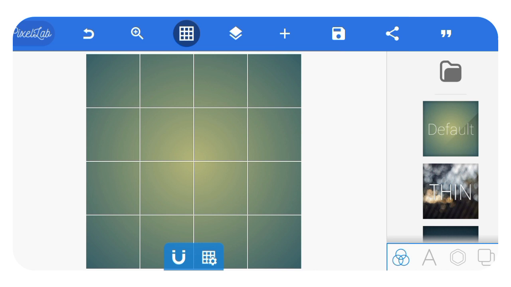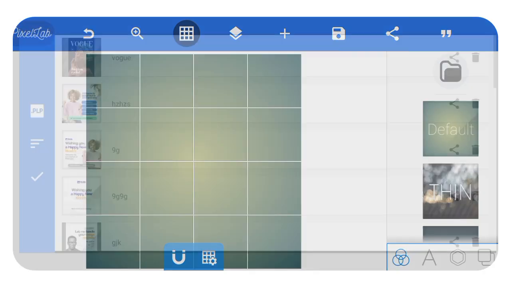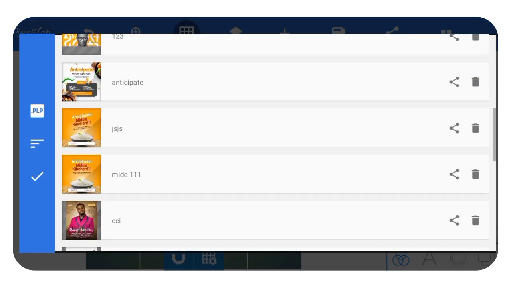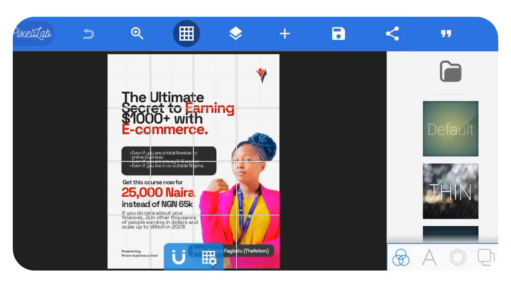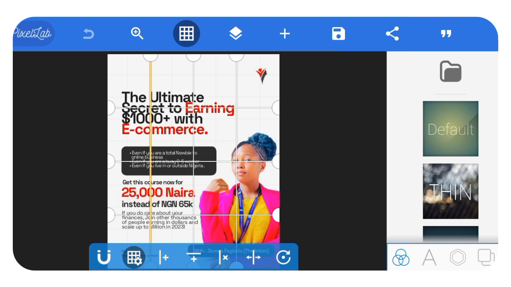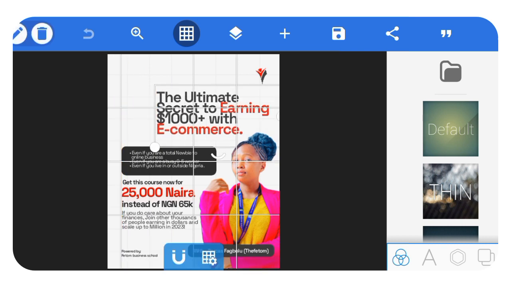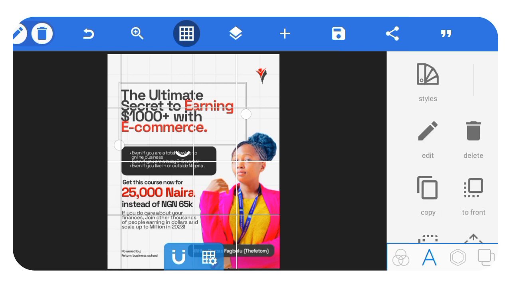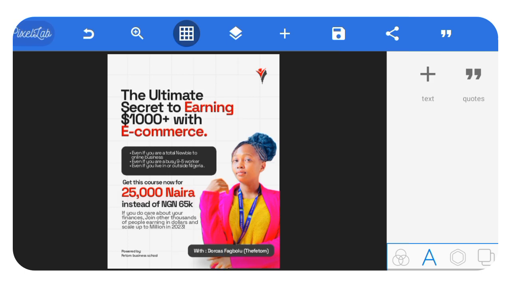Now, if I want to add text, or let me use a design I've already made before. Okay, I'm going to be using this design, and as you can see, I use a lot of grids here. Now, you can go to this grid settings here and then tap on the grid and adjust it. Now, if I adjust this grid, you see that everything on this side is aligned to the grid here. You can see everything there is aligned to the grid, and this is going to help make my work neater